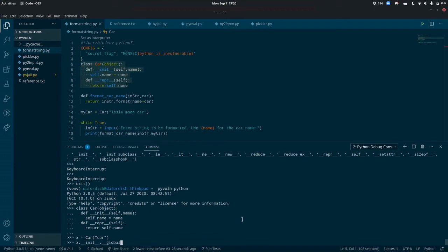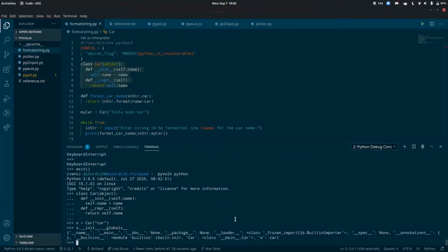They have to be able to access the variables that you expect them to access, and that's stored and accessible through the __globals__ attribute. And here we can see all of the global objects stored in memory. We have import, we have the built-ins module, we have the car. And somewhere along the line, we should also have config, which is stored in memory.